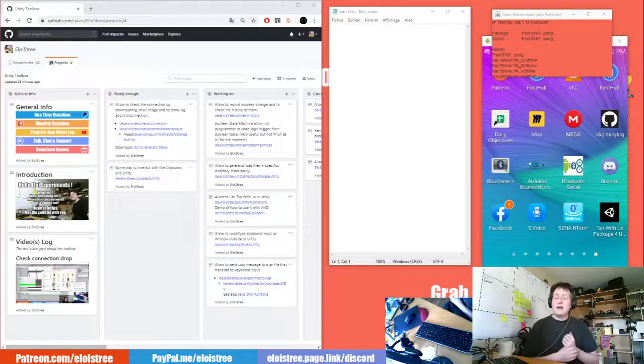Hi everyone. Today I want to show you a tool I've created in the last week that allows you to trigger some action on your PC from your phone. It's super easy to use, super easy to craft, and the only requirement is to know about Unity. So if you want to make your own macro on your phone for your PC, feel free to continue this video, else it will be kind of useless for you. So without further ado, let's go to a demo.